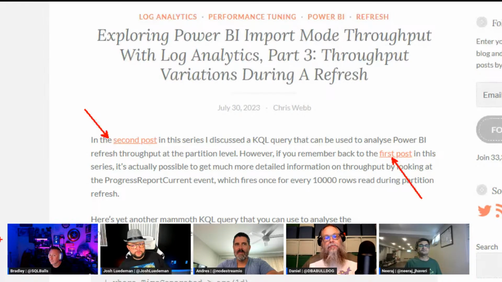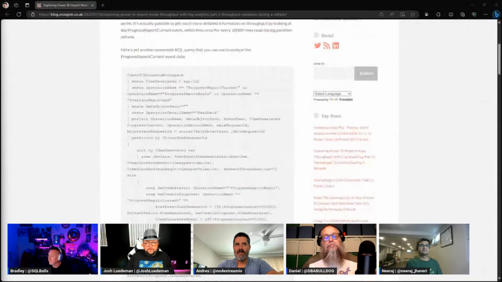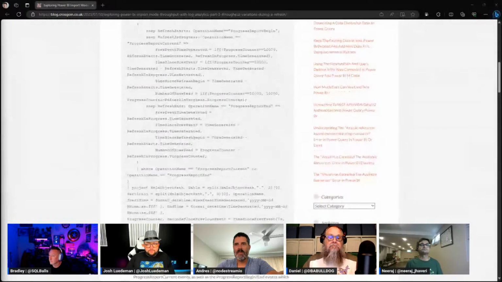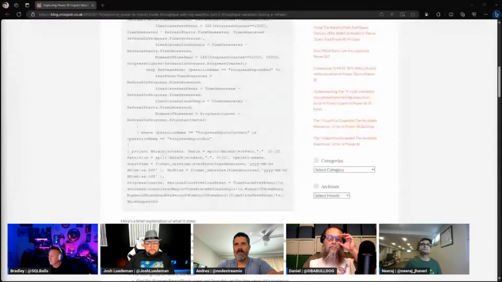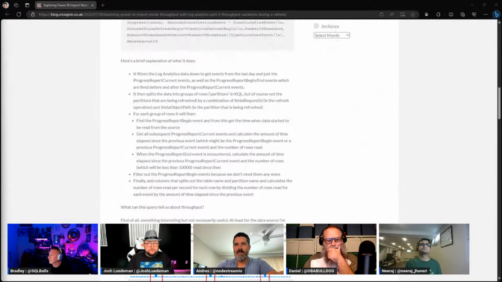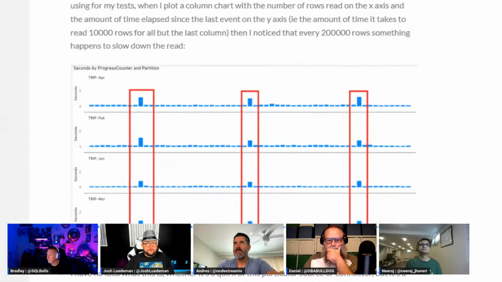He did one post on throughput at the partition level, and the first post got into basic detailed information, looking at some of the extended events, including the progress report current event. This third post looks at variations in the throughput during the refresh schedule, diving into that, being able to pull that up and look at it.